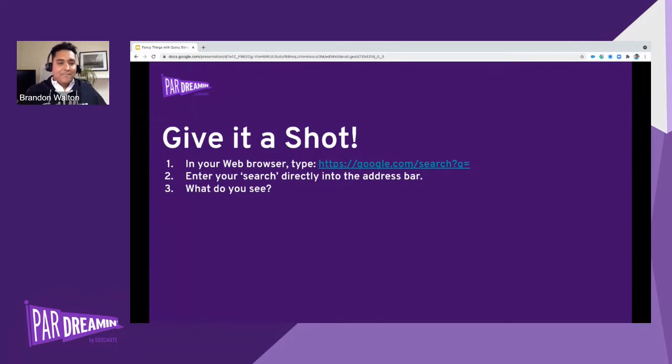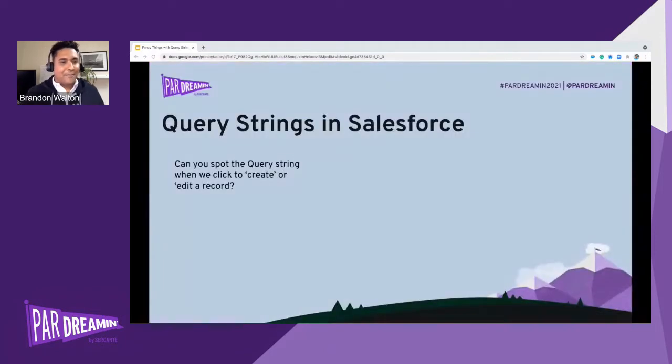So that's the first thing, just to get familiar with the site that we're all kind of familiar with, google.com, and how Google handles search. So a little trick is if you wanted to bypass the search, you could just go directly to your address bar at any given time, type in google.com/search?q= and type in your question there, and you don't need to use that Google search bar. So hopefully a little magic fancy thing that you can do with a query string already, number one.